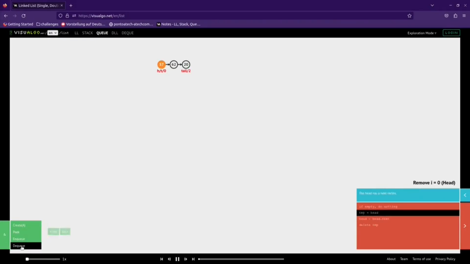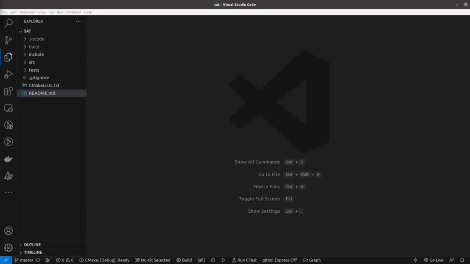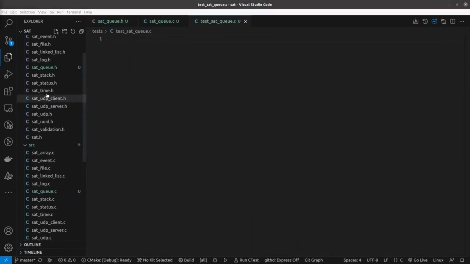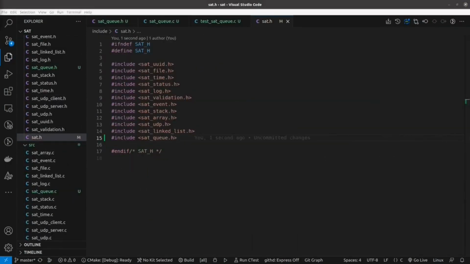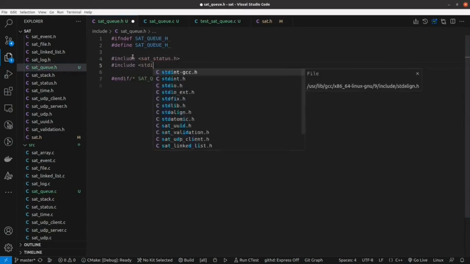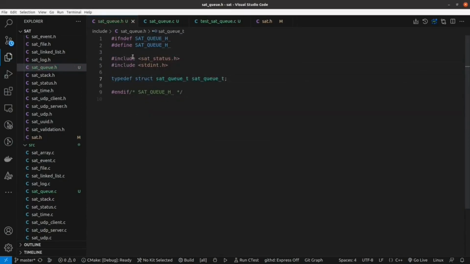Let's implement our queue right now. Let's go. First we create 3 files, and we include the queue in the main.h. In the header file, we define our queue struct. It will be a hidden struct. Here we just provide a print callback to print elements. To handle this queue, we have a couple of functions. Create to create the queue,